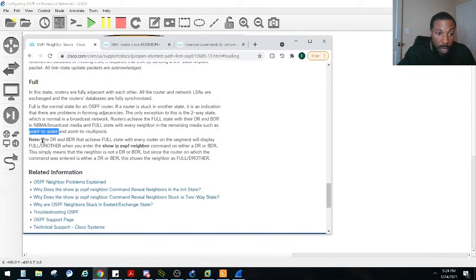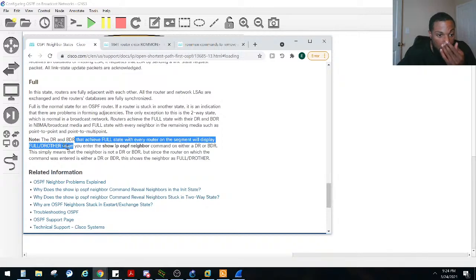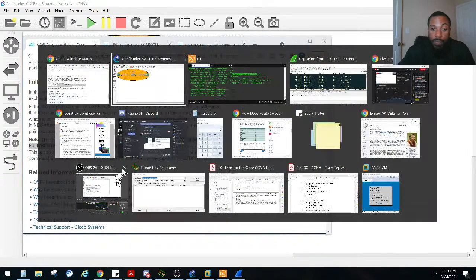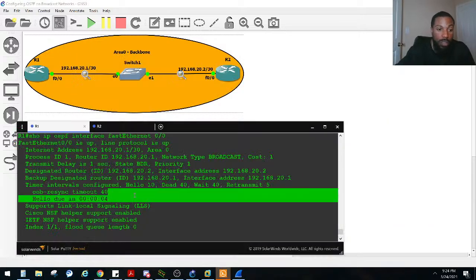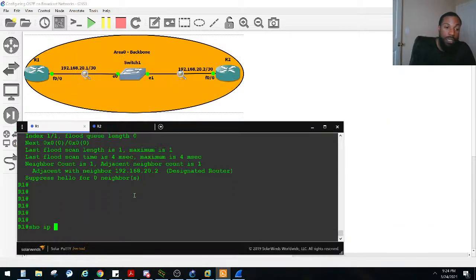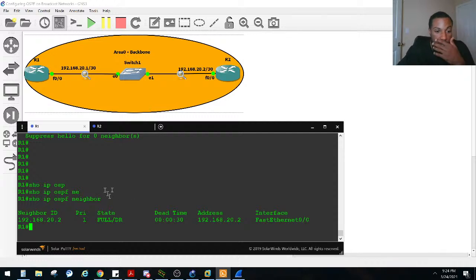So the DR and BDR, the designated router and the backup designated router, achieve full state with every other router on the segment and will display full DROther when you run the show ip ospf neighbor command. Let's go ahead and do that real quick, right? So let's do show ip ospf neighbor, right? He's full DR. So